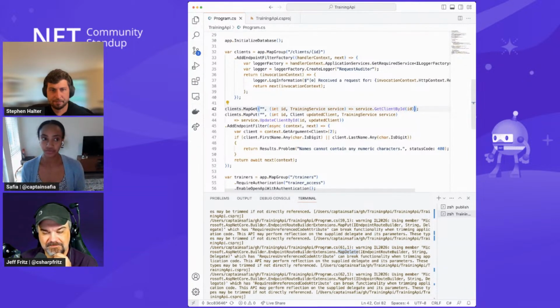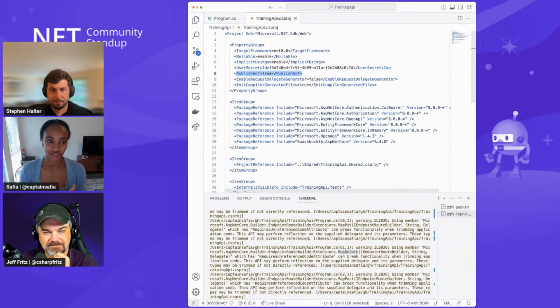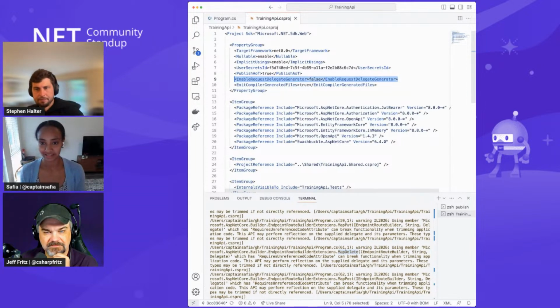And we did that. So one of the new things that you will see in .NET 8 is support for what's called the request delegate generator. And I'm going to jump back into my csproj here. I mentioned a little bit that I had enabled publish AoT in my application, but I did do something else that was a little sneaky, which you'll notice I have on line 9 here, set the enable request delegate generator flag to false. That's actually what's causing me a lot of issues here. I have disabled the compile time code generation for minimal APIs that we introduced in .NET 7.